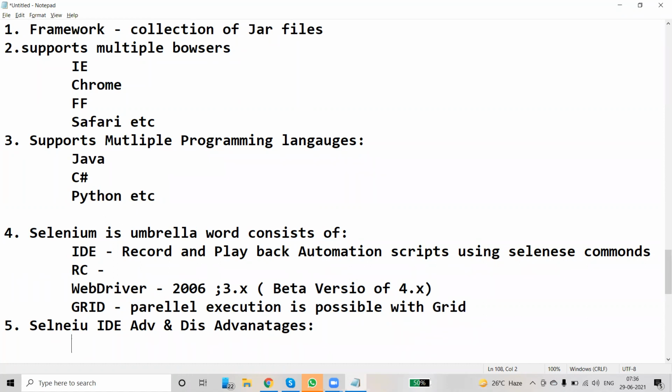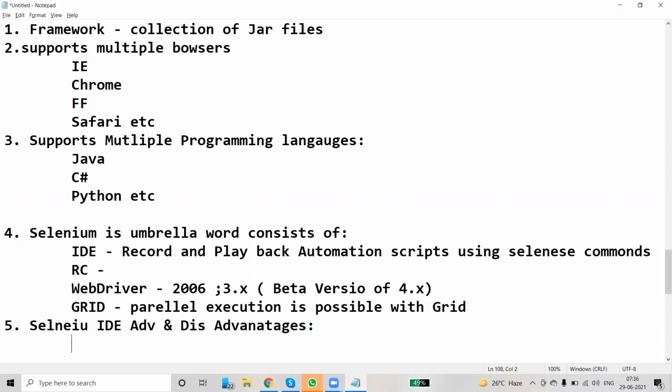Now, the difference between Selenium RC and Selenium WebDriver. Selenium RC is a middleware component. It relies completely on JavaScript, but Selenium WebDriver does not rely on JavaScript.